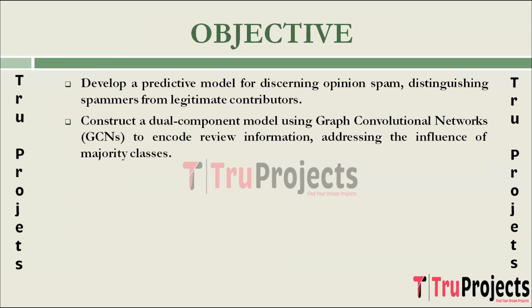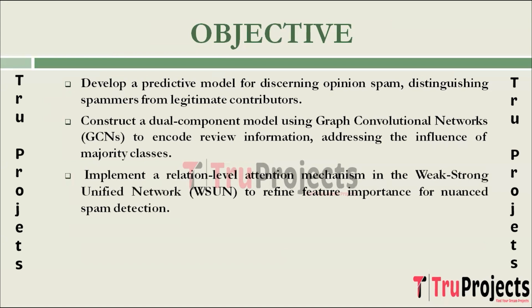influence of majority classes. Additionally, the project aims to leverage graph convolutional networks, which are GCNs, to encode review information and strong relations. One of the primary objectives is to implement a relation-level attention mechanism within the weak-strong unified network, which is WSUNet. The mechanism is designed to amalgamate information from different levels: content, sentiment, and temporal. The ultimate aim is to enable the model to assign varying importance to diverse features, refining the representation of reviews